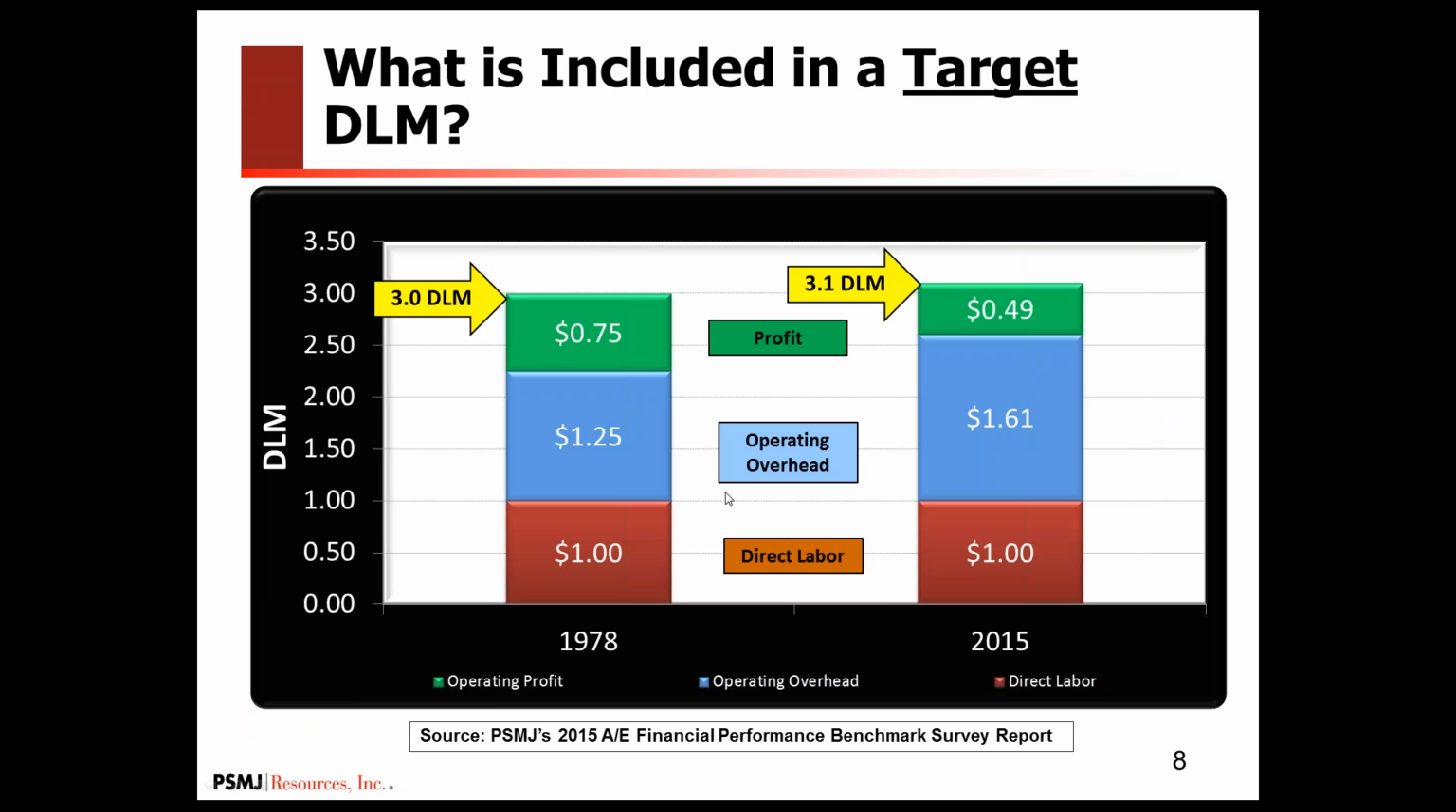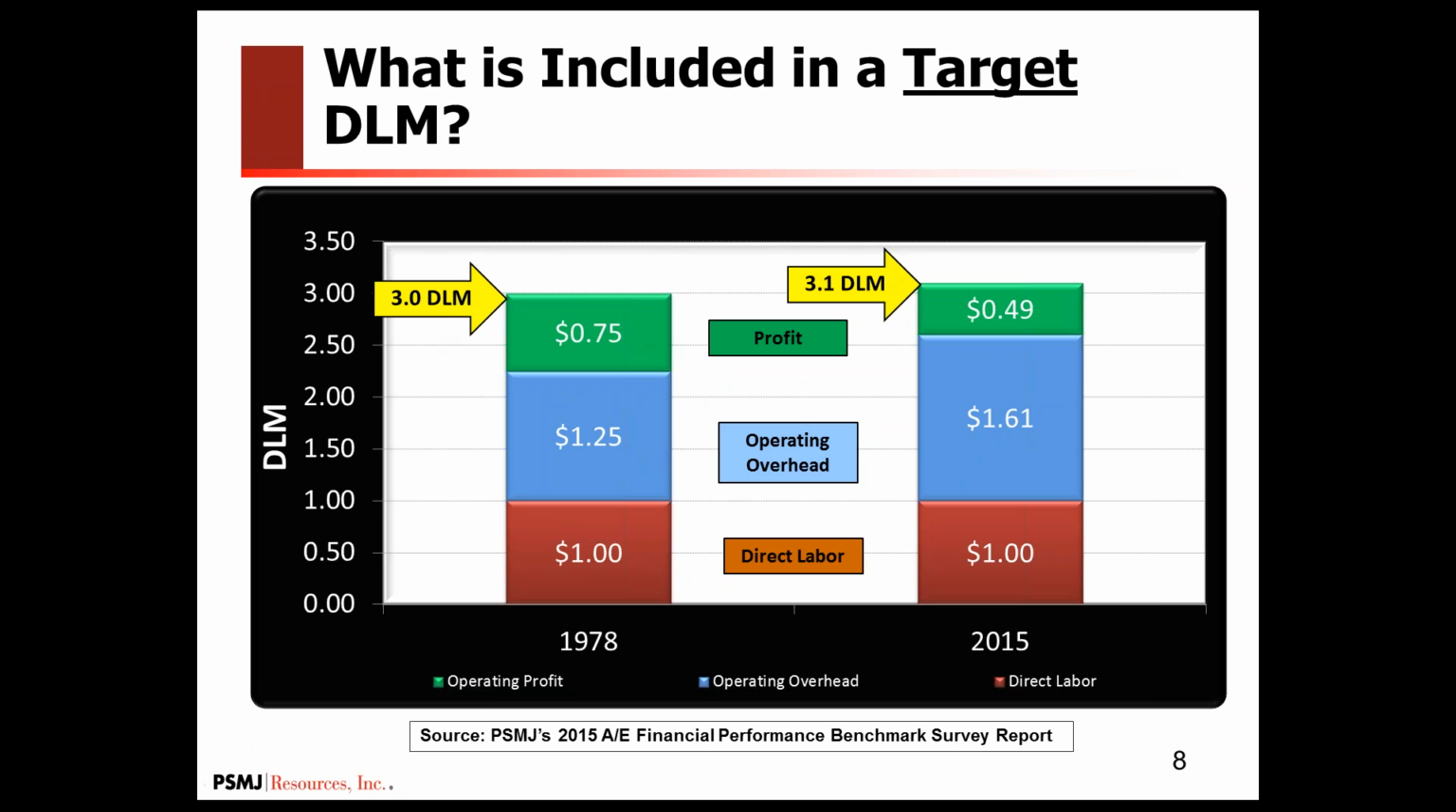So what's included in a target direct labor multiplier? There are always three components: direct labor, operating overhead, which includes indirect labor, and profit. And I've provided two different data points. In 1978, the target direct labor multiplier reported by the industry was a 3.0. So direct labor is always the basis. Overhead accounted for about 125%, so it left